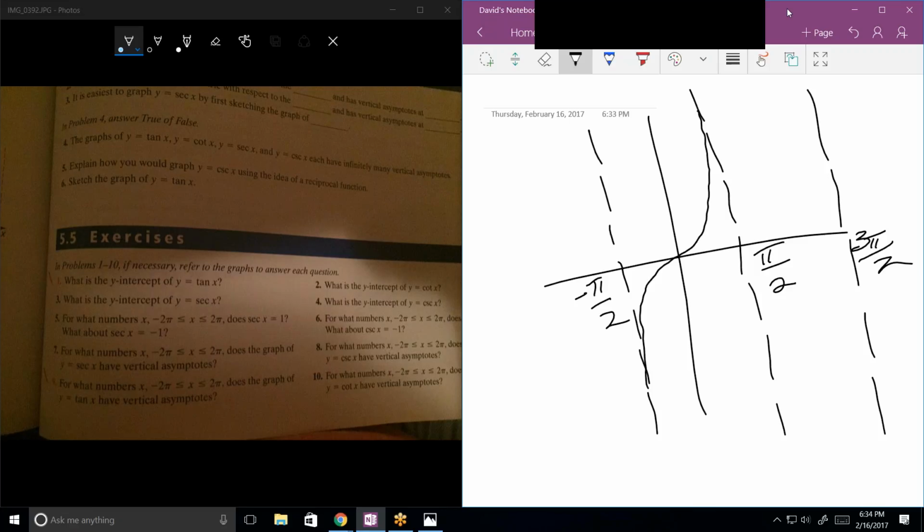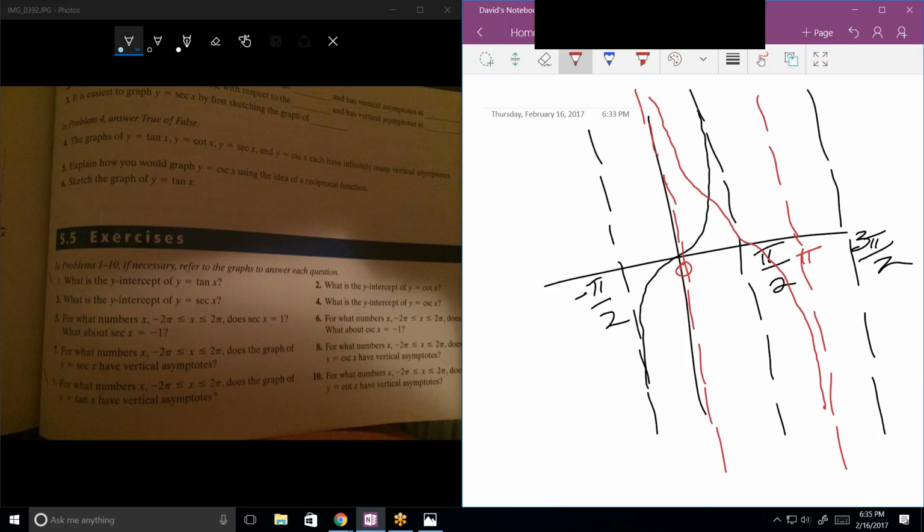Now, cotangent. I'm going to draw it on this same grid. Cotangent goes from 0 to pi. It has vertical asymptotes every pi, at 0, pi, 2 pi, 3 pi, and so forth. And the cotangent curve is always decreasing. It's basically going to be like the tangent curve reflected, only